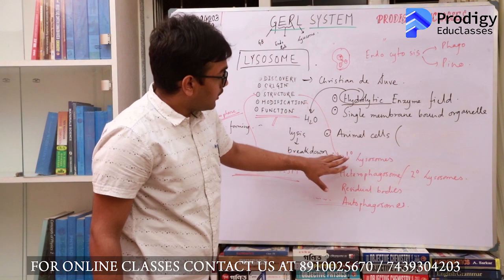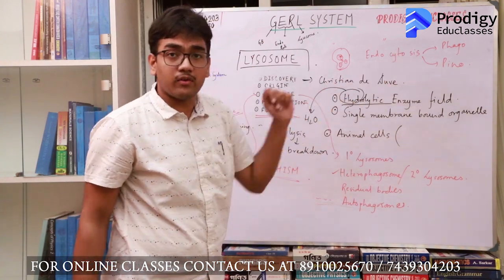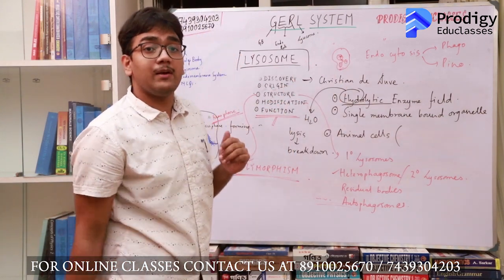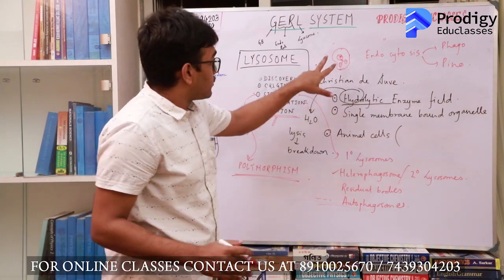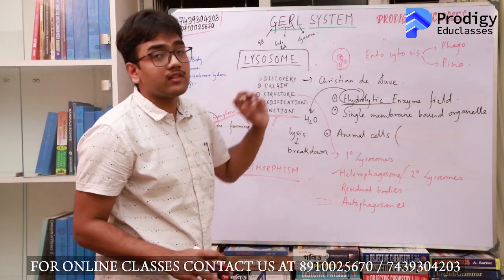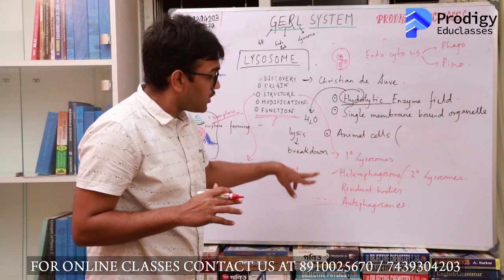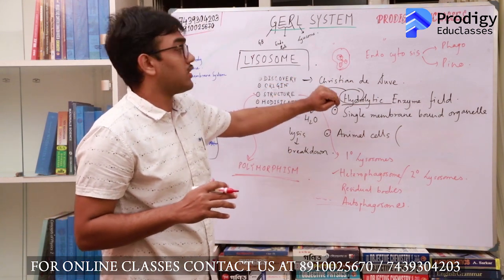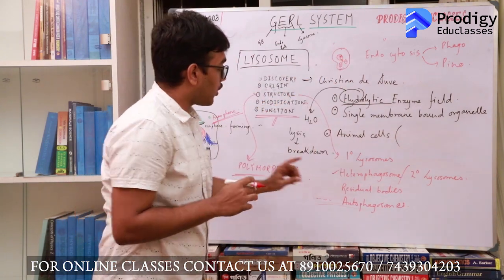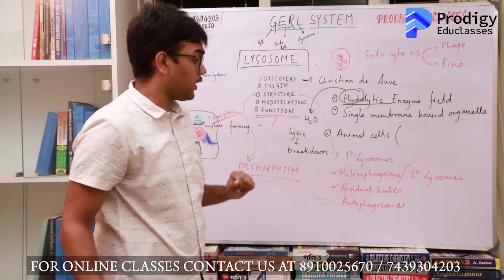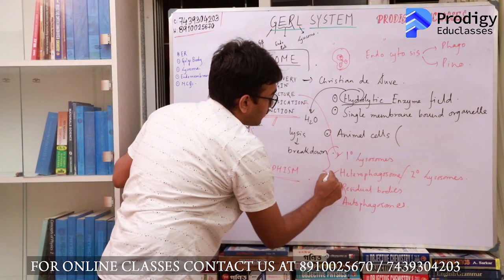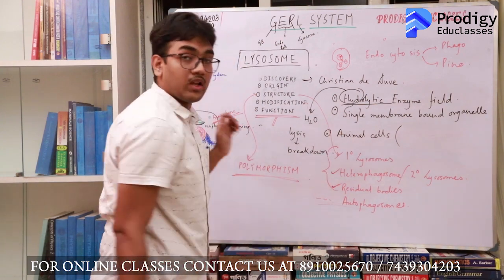Next comes your residual body. Now look, when a secondary lysosome has been fusing with several phagosomes over a period of time, its enzymes will gradually get denatured and depleted. Also, when we try to break down a foreign substance, the enzymes are not able to totally disintegrate it, and hence some residual products remain. So such an old lysosome which has depleted its enzymes and only contains the residual products from the several phagosomes it has fused with, you will call a residual body. So these are one group of lysosomes where the primary lysosome is primitive, then it fuses with a phagosome to form a heterophagosome, and when it is old it forms a residual body.